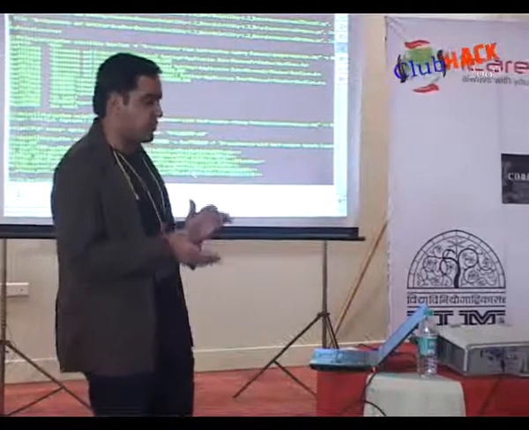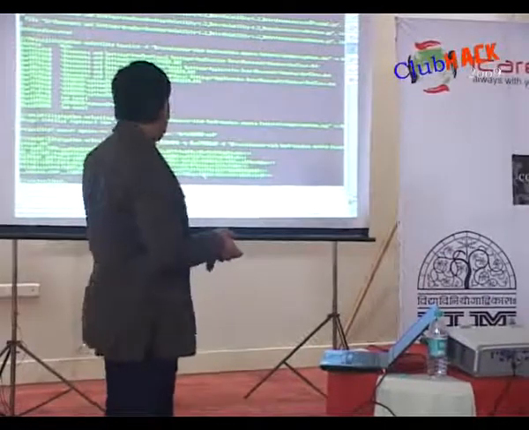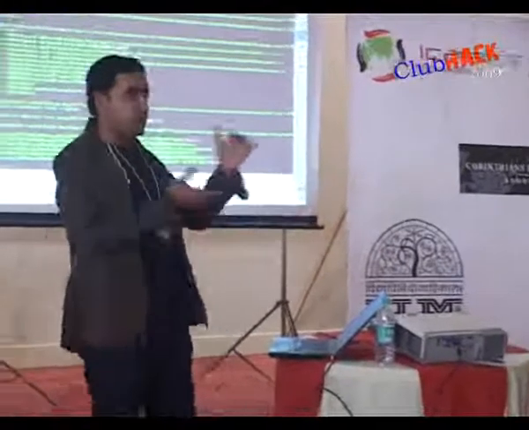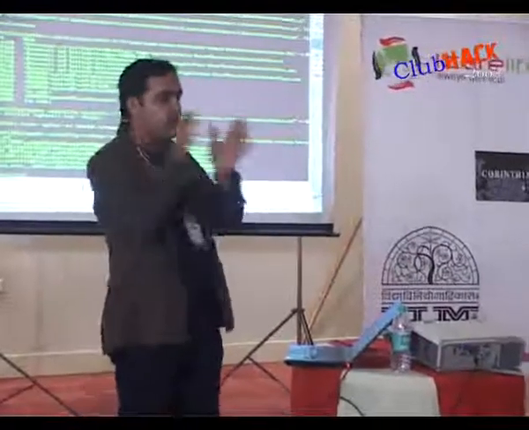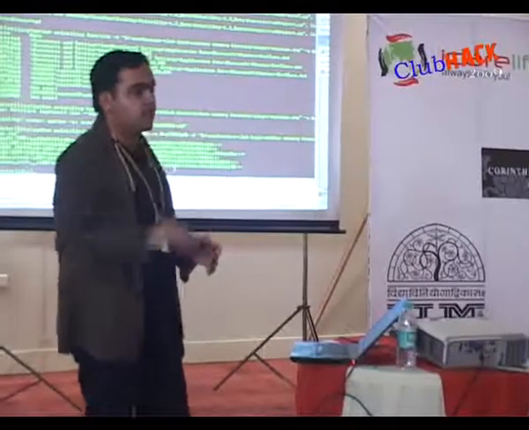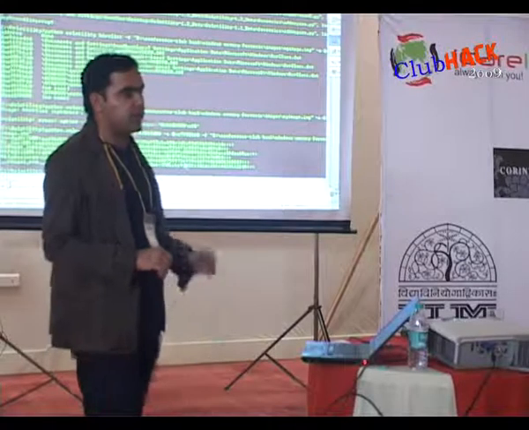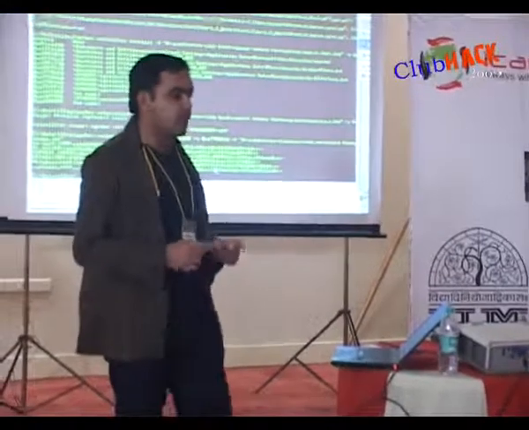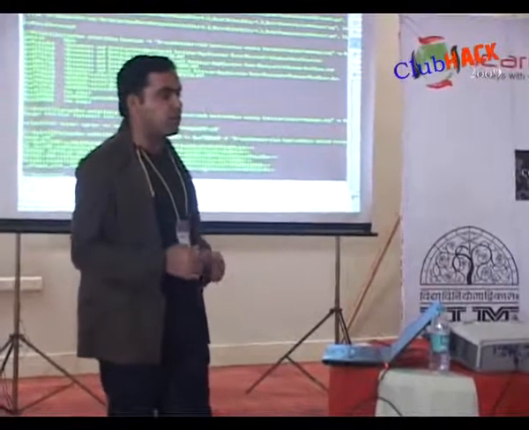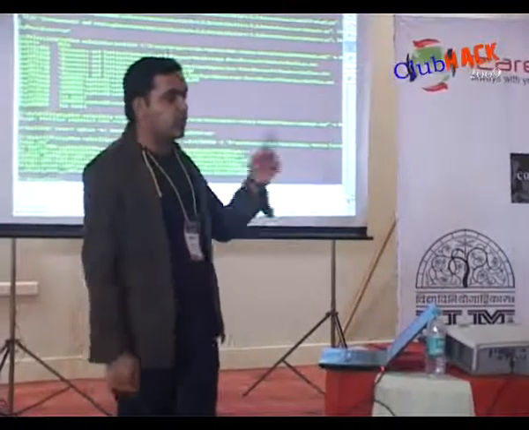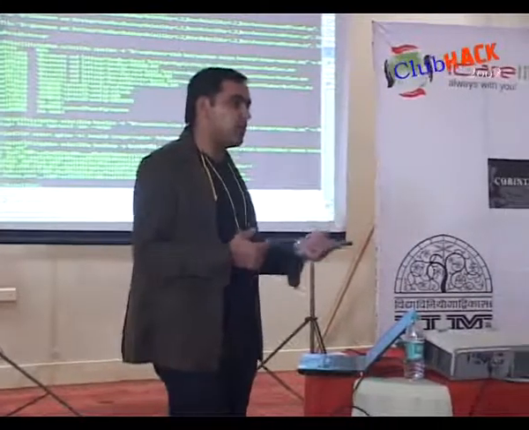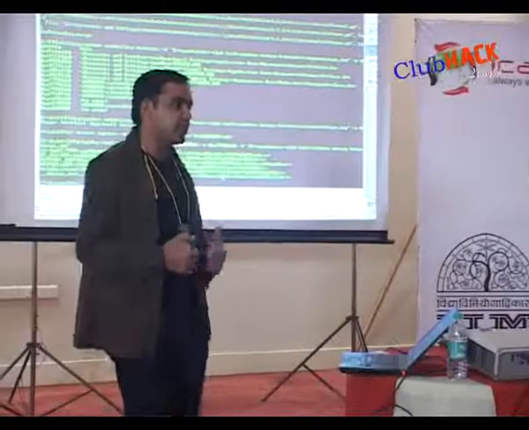See, there's a process. You load these hashes, redirect this output to a particular file, give that file to KNet table and ask it to do the brute force attack. If the password is simple, it will be cracked within seconds, and if it's complex, it will take some time. But yes, for sure, I bet you on this, it will definitely be cracked. Or if you don't have that much time to go for the brute force attack, you can go for the rainbow tables. You can generate your own, or you can buy pre-generated rainbow tables and then crack these hashes.